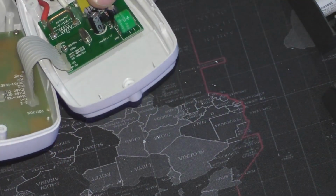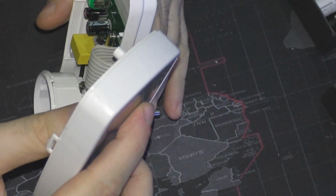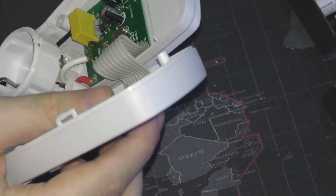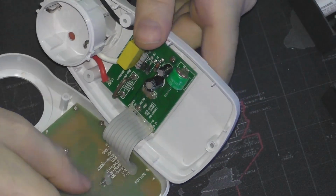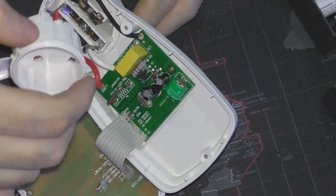How much is it there? 50 millivolts or something? Oh yeah, 3.6 volts, 20 milliamp hours. Here, a regular lithium battery, which...